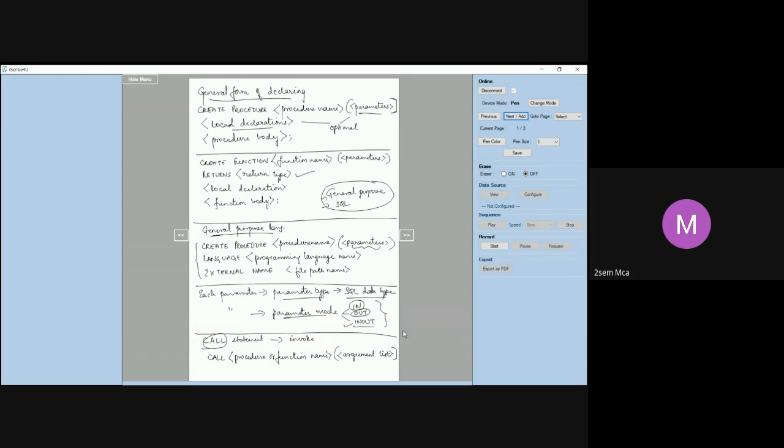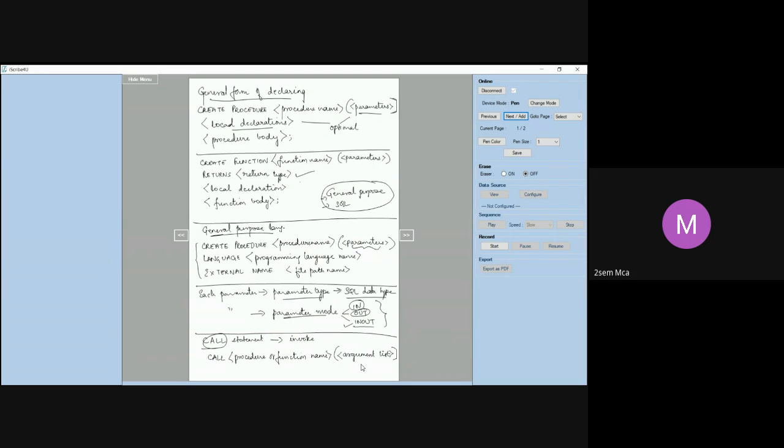Then coming to parameters, I said every parameter should be followed by a parameter type, which can be any of the SQL data types that we have seen. Then every parameter will also have a parameter mode. Parameter mode can be in, out or in out. Input parameters use in, output parameters use out, and if the parameters are both, then we use in out.